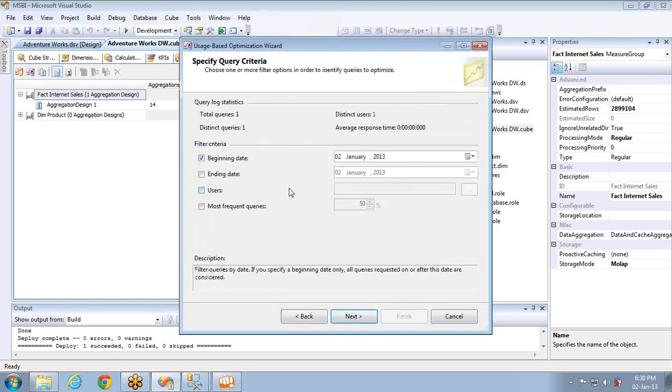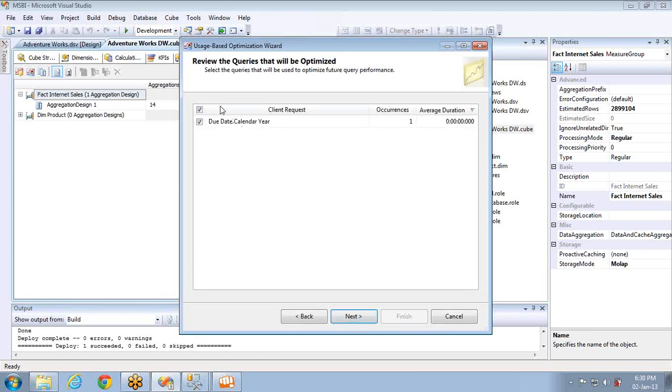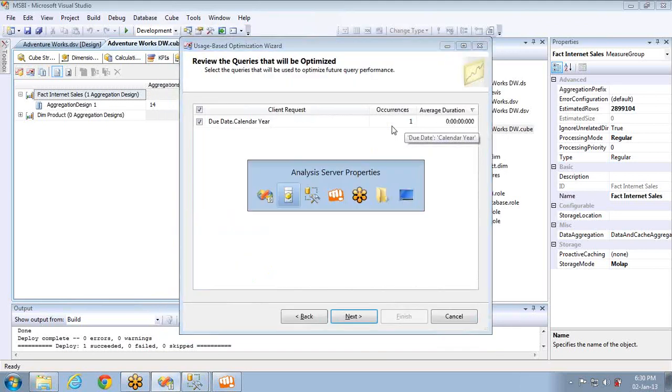So what you have to select is the begin date. You can begin from anyone. End date, it's always better to give an end date, like this. And users, you can select or not. If not, all the users' queries will be fetched. You can see only one query is executed in this particular time span whatever I've given, and only one time it has occurred. If I execute more queries here